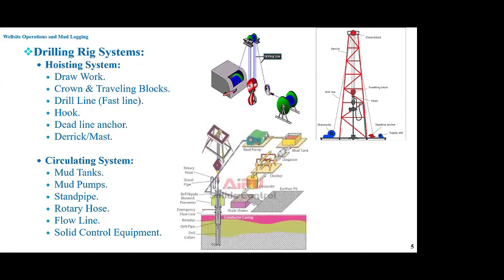Also, it is very important for wellsite geologists and the mud logging because the quality of data of the mud logging, for example, the cutting sample and gas sampling, depends on the efficiency of circulating system, especially the solid control equipment, which consists of shell shaker, which removes large size cuttings, degasser, which removes the gases,